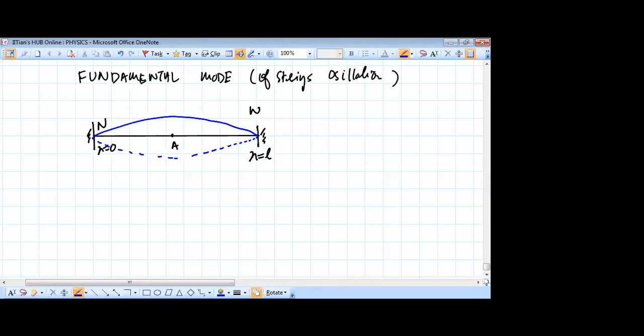So they are going to have to be the next two consecutive nodes with respect to A, the antinode at the midpoint. So when I pluck the string like this and release it, it will vibrate at a certain natural frequency. That natural frequency for this particular mode is called the fundamental mode of vibration. So in the fundamental mode,